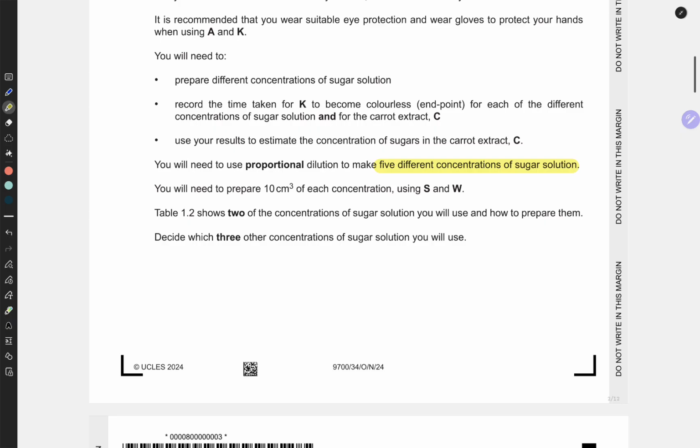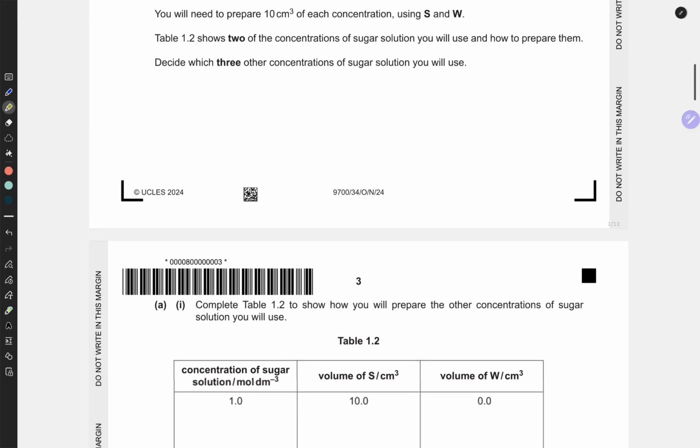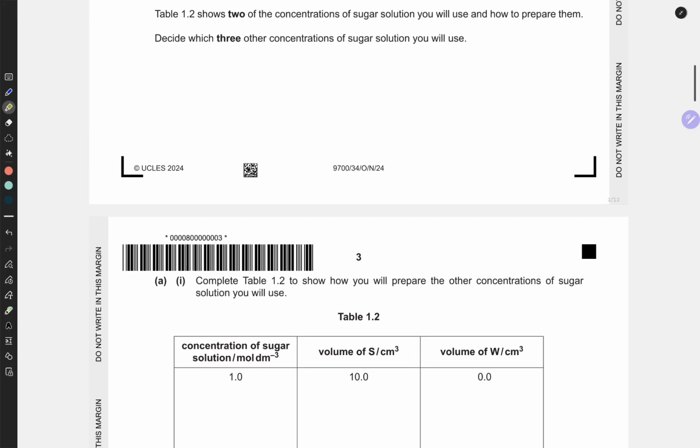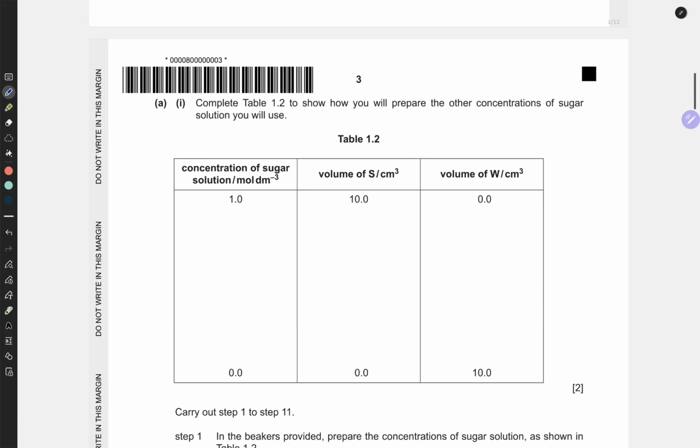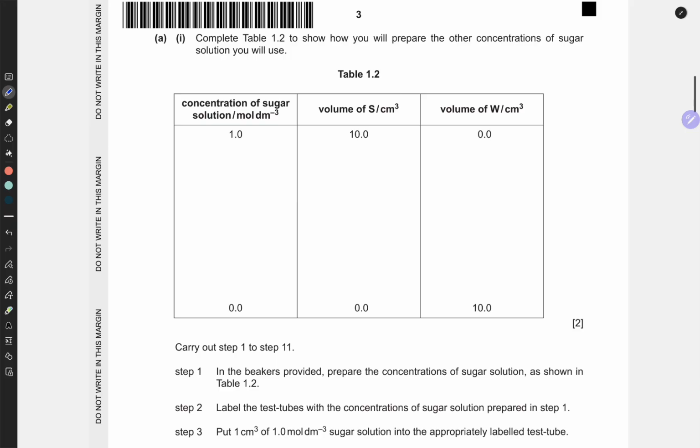Table 1.2 shows 2 of the concentrations of sugar solution you will use and how to prepare them. Decide which 3 other concentrations of sugar solutions you will use. So this is table 1.2. They have already given us 1.0 mol dm^-3 concentration and 0 concentration. The volume of S is 10 cm^3 and volume of W is 0 cm^3 for 1.0. We need to create 5, so we can just minus 0.25 from each one, so you'll get the concentration of